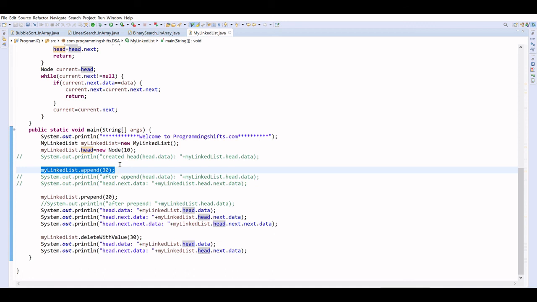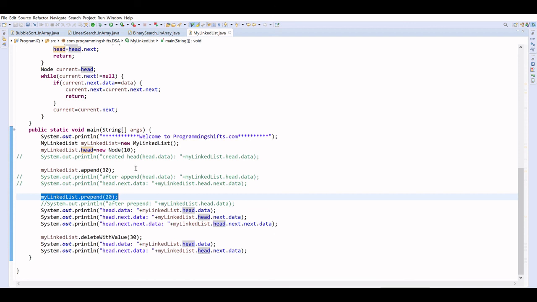The first value we are going to add is 30. Next, in my linked list we are going to prepend. Now in the list we have 10 and 30, and if we are going to prepend, it means we are going to update the head, right? So now at the first position, the head, we have 20, then 10, then 30, right?